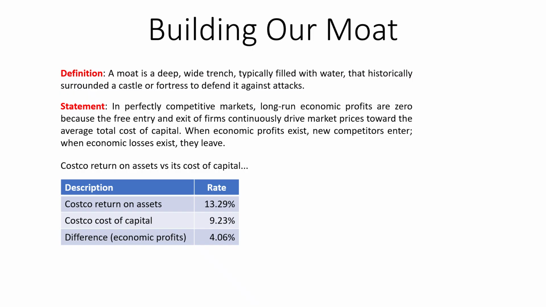If Costco had a return on assets of, let's say, 5%, and its cost of capital was 9% plus, you would see a lot of businesses exiting that industry, such that the competition would lessen and Costco's return on assets over time would go from that 5% level to its cost of capital. So in general, a statement that you can make is in the long term, economic profits are zero, which means that the return on assets of the company will approach its cost of capital over time.